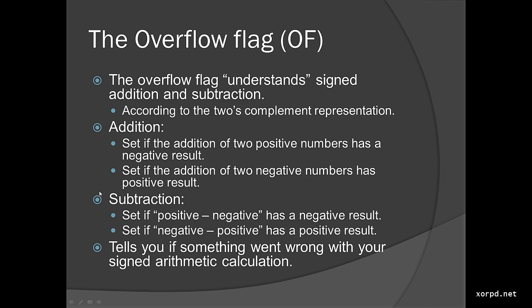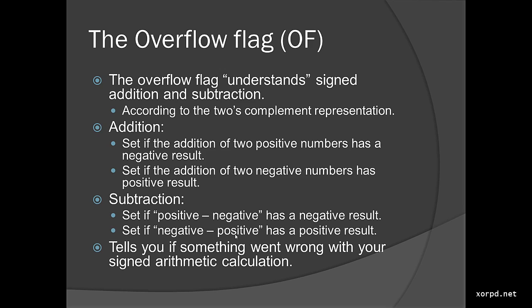Some examples about subtraction. The overflow flag is set if we try to do something like this, positive minus negative, and we get a negative result. Why is that? Because we expect that positive minus negative is like positive plus positive, and it should have a positive result, not a negative result. The same goes for negative minus positive. If negative minus positive has a positive result, then the overflow flag is going to be set. That is because negative minus positive is actually equivalent to negative plus negative, which should have a negative result, not a